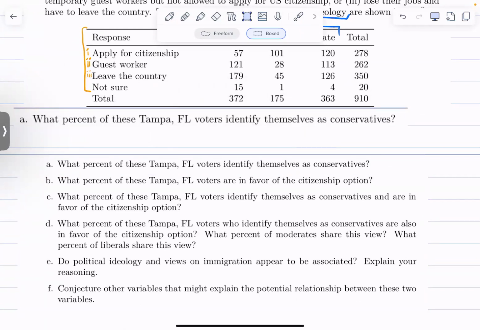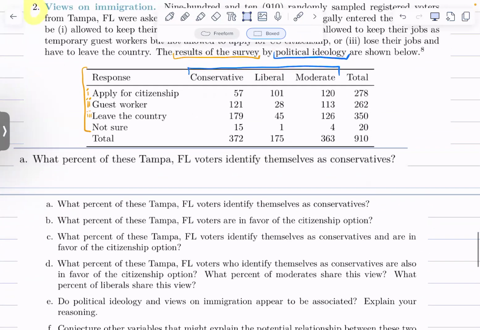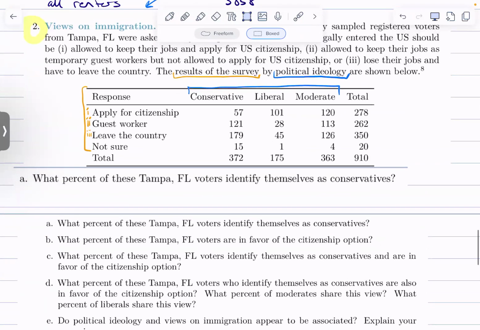What percent of these Tampa, Florida voters identify themselves as conservatives? Now, the first thing you want to do is figure out, okay, what is this fraction out of, right? And so it'll be in the question. So what percent of these Tampa, Florida voters,